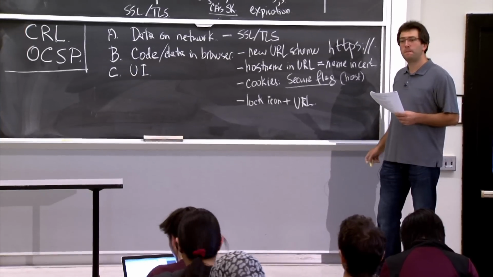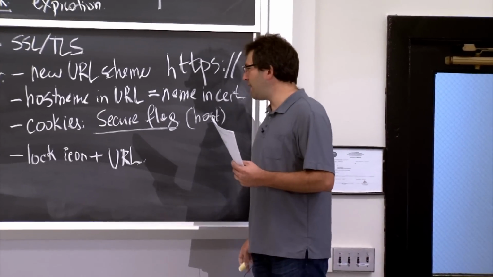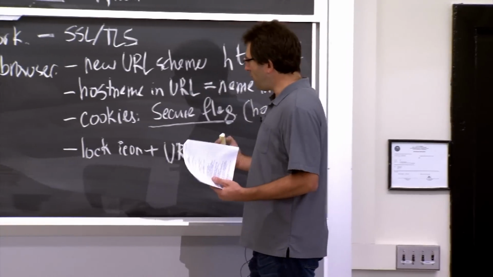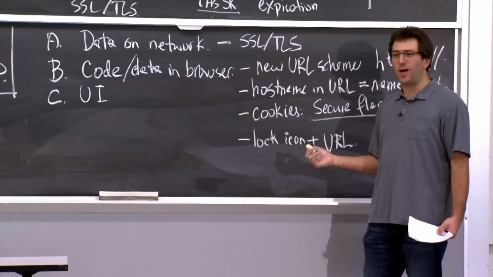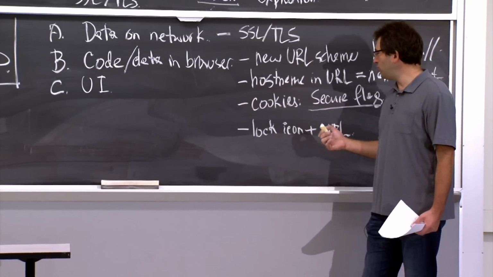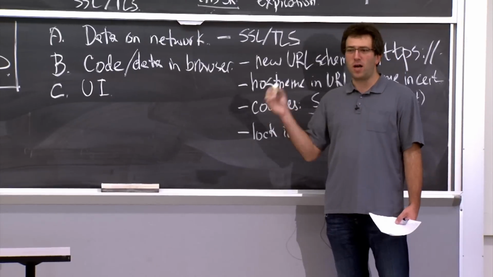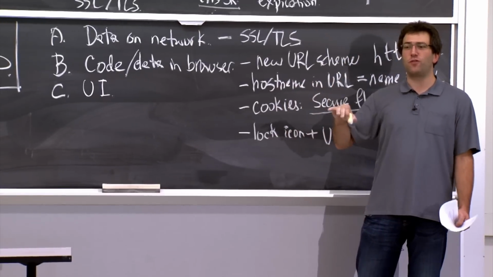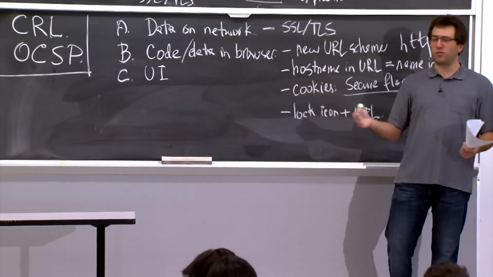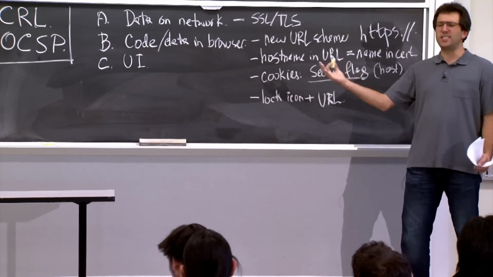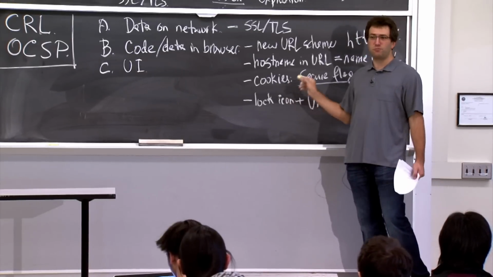Yeah? I know that some websites that are HTTPS do not have a lock icon for it. Yeah, so it turns out that browsers evolve over time what it means to get a lock icon. One thing that some browsers do is they give you a lock icon only if all of the content or resources within your page are also served over HTTPS. So this is one of the problems that Force HTTPS tries to address, this mixed content or insecure embedding kind of problem. So sometimes you will fail to get a lock icon because of that check.